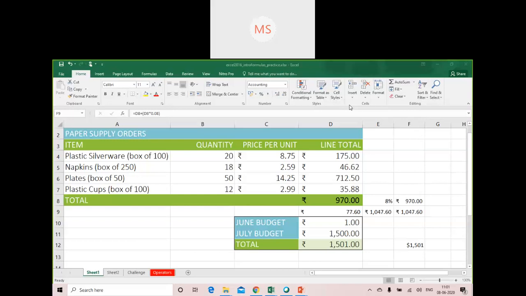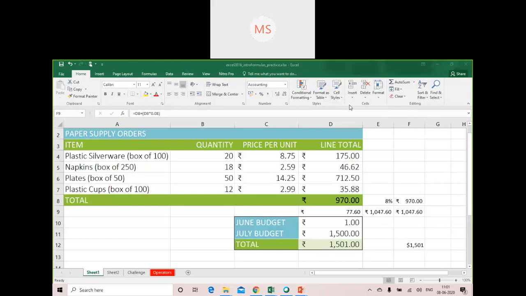Relative references are especially convenient whenever you need to repeat the same calculation, so you can use relative cell referencing across multiple rows and columns. We have already seen the example, so I don't think I need to repeat it. Instead, we will directly move to absolute referencing, which we have not seen yet.